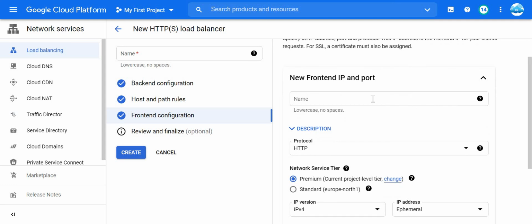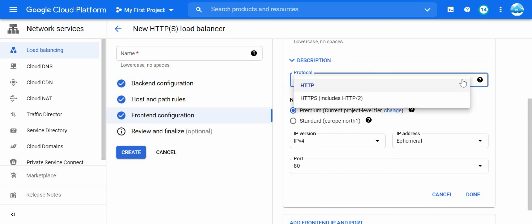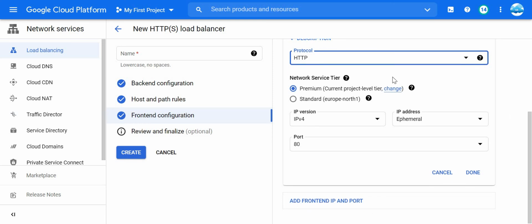You can give any name. For my front end I am giving just a random name. Then choose whether it is HTTP or HTTPS. Then you have network tier options, premium and standard. Select as per your requirement, as the charges are different for both. Then the IP address.